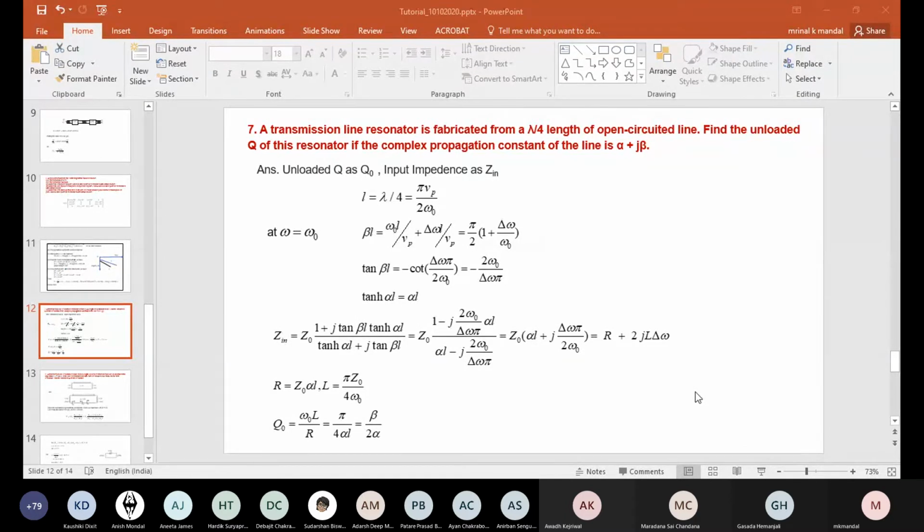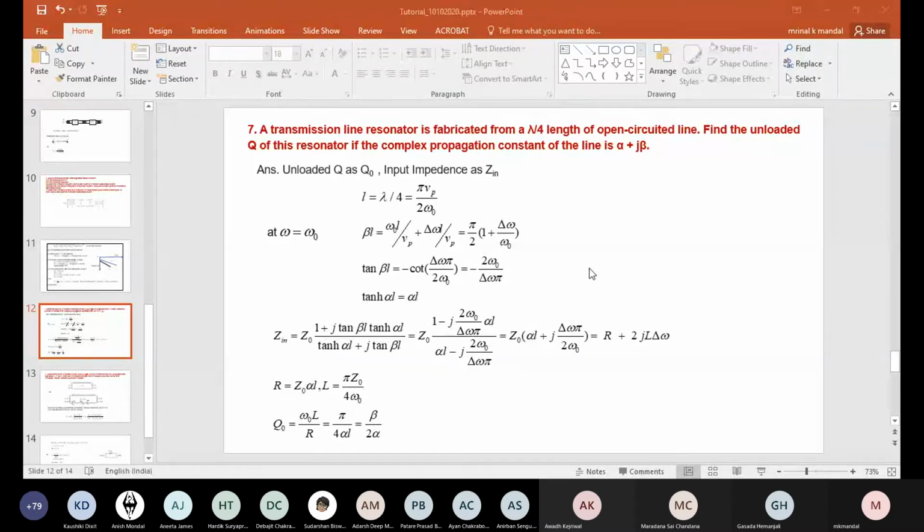Now, if the transmission line is lossy, you recall, then in the input impedance formula, we use tan hyperbolic. It is given in D. M. Pozar's book. We did not cover it, we just mentioned the formula. So we have to use that one. Otherwise, it is the same as circuit theory. For circuit theory, you recall for a resonator, how you calculated quality factor.